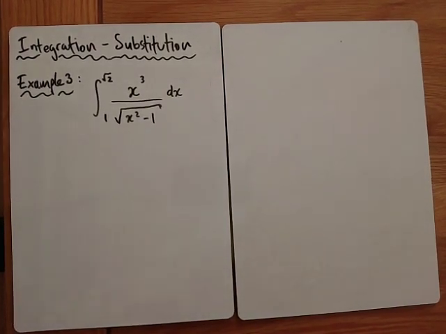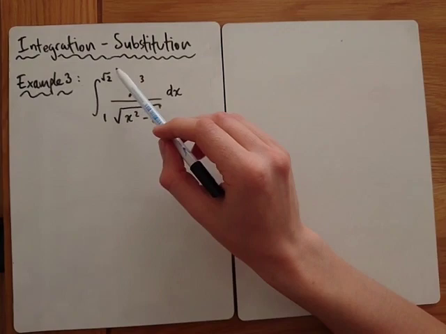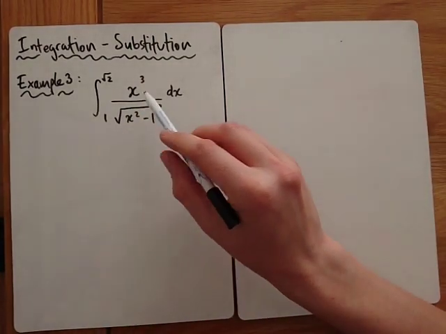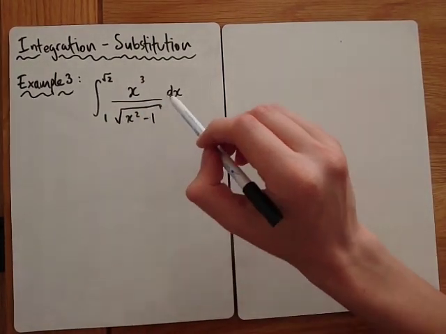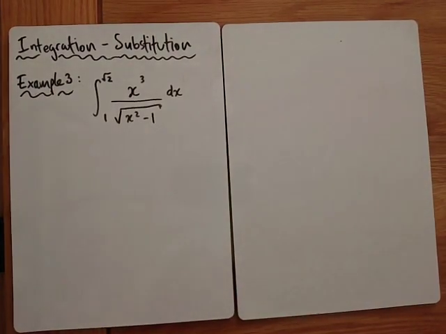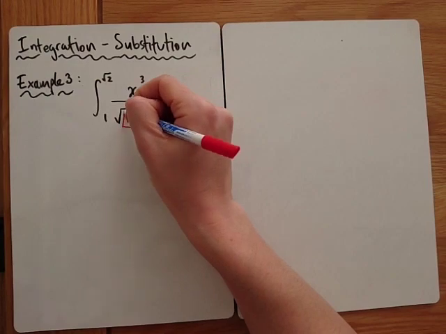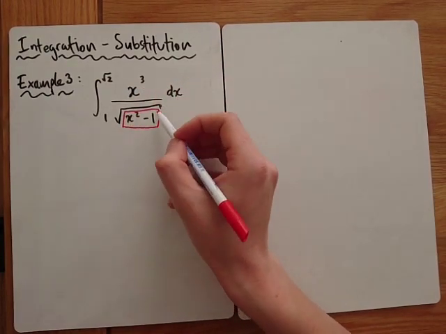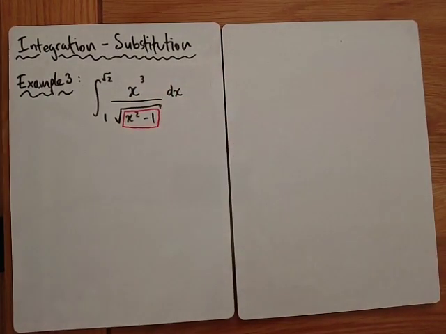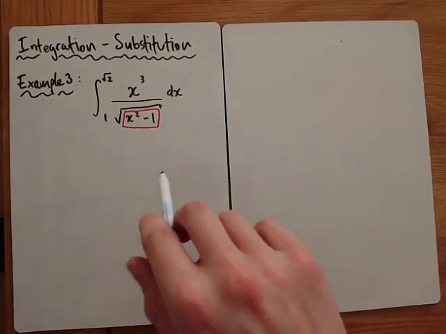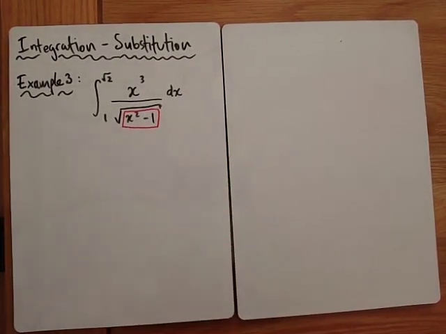Next example, I've actually changed it slightly from the handout. I thought this would be a bit more interesting and better for a substitution. So we're going to integrate with limits, and we're trying to integrate x cubed divided by the square root of x squared minus 1. And obviously if this was just a question given to us, integrate, we wouldn't know we were doing a substitution, but hopefully we'd realise that we do need to do a substitution because of this function inside the other function. Okay, it's not 1 minus x squared, it's x squared minus 1, and there's also other x's involved,